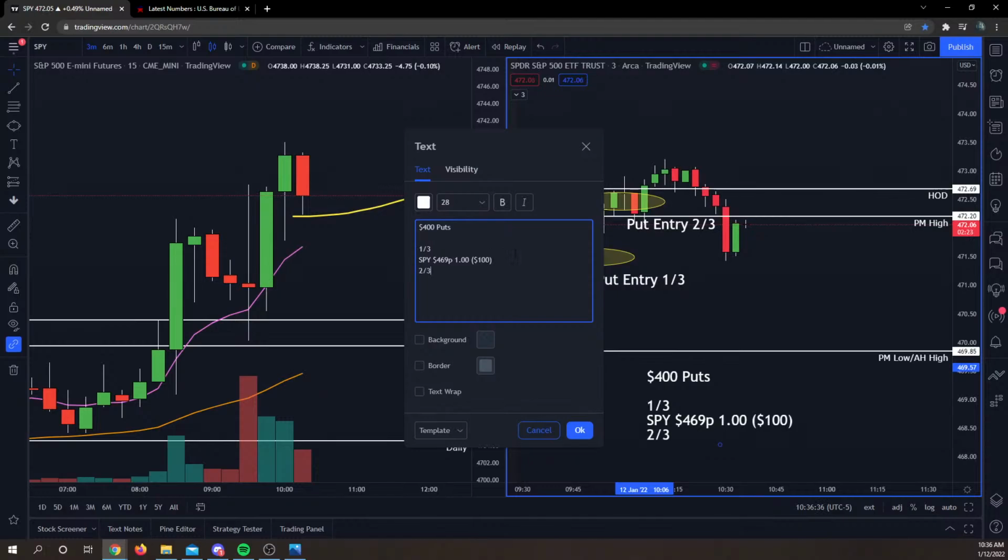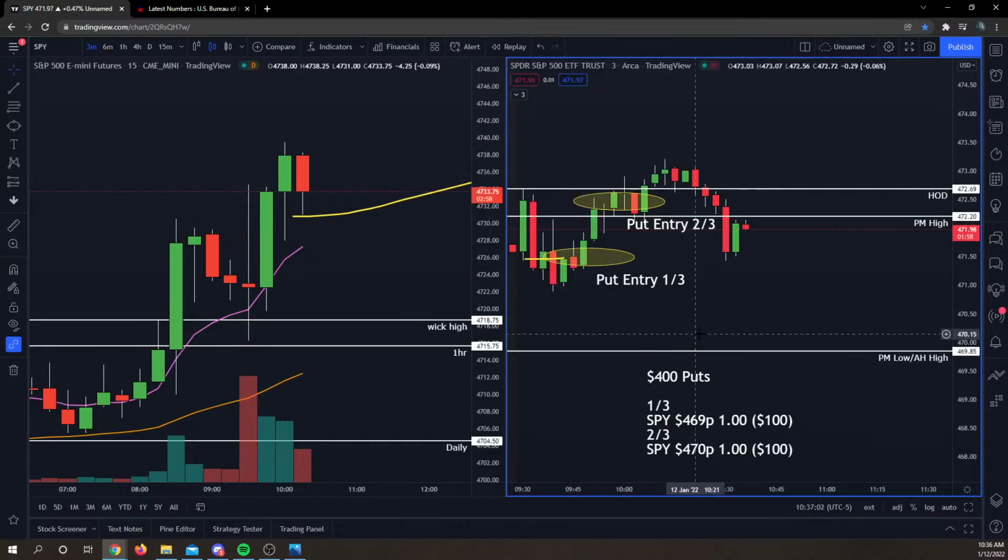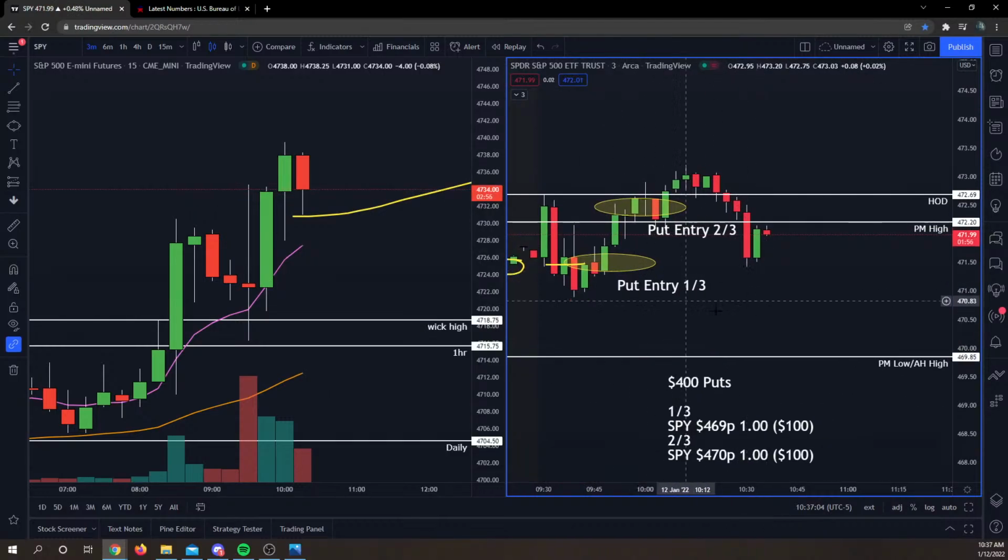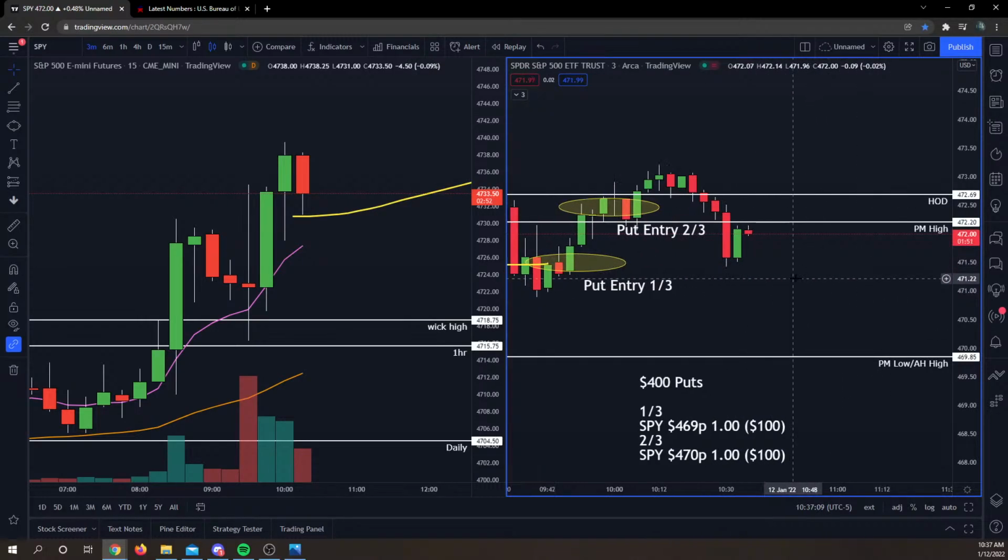Now our 2 out of 3 entry was our SPY 470 put at, again, $1. $100 is what that's worth. So we still have $200 on the table. Now the reason that we did this, again, we're scaling in. So what we would end up doing is, depending if we're going to close below pre-market high again,